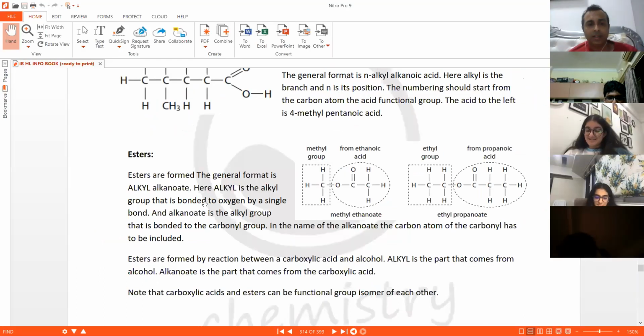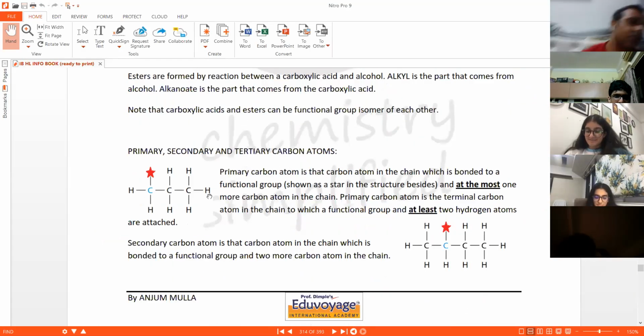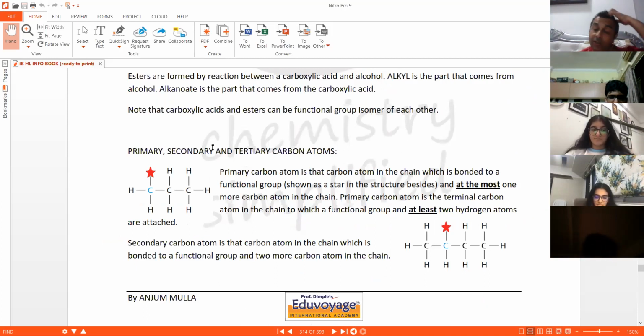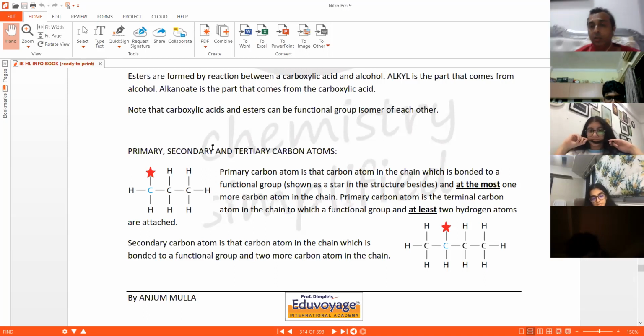Okay, so that's esters. Now primary, secondary, tertiary carbon atoms. This is important. All the above part, the naming system, even if you just go through it once and get a rough idea about it, I think most of the questions you'll manage. But this primary, secondary, tertiary is important. Here you need to understand what that is, because it's not only in the nomenclature, the naming system. This also decides the reaction. If it's primary, there will be a different product, secondary a different product, tertiary a different product, in some of the reactions. So you should know how to identify whether the given compound is primary, secondary, or tertiary.